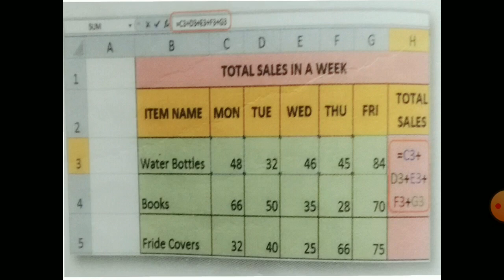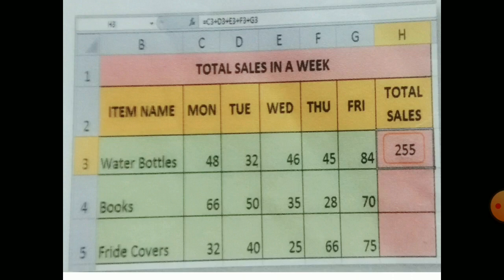When I press the enter key, I should get the result. So you can see 255. Whichever operator I use, according to that it will calculate and show me the result. In this way you can perform calculation on more than 2 digits by giving the cell reference or cell address. Clear?